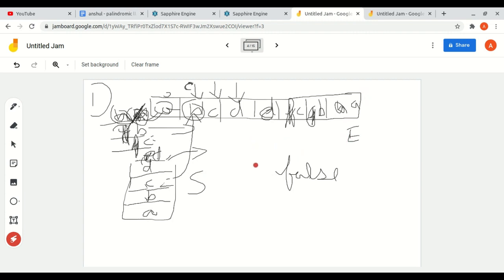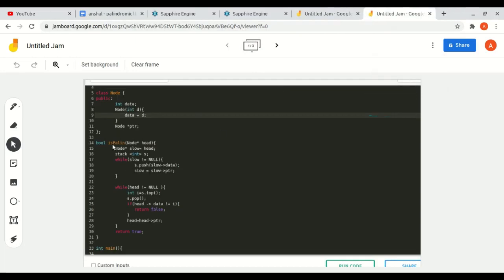so that implies that this linked list is a palindrome, because all the statements match, that is, each element compares equal to its counterpart. So if there is no false statement in the whole traversal, at the end we just have to return true. So this is the code. We will quickly see the implementation.